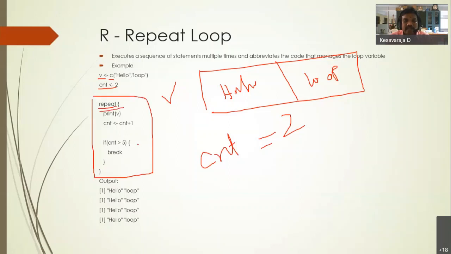The looping statements include for and while, which are also available. In addition to that, our program has another looping statement named repeat. Repeat of print V prints V for infinite times: hello loop, hello loop, hello loop. But here there is a condition: CNT equals CNT plus 1. So the count goes 2, 3, 4, 5, and so on, being incremented. If the count is greater than 5,